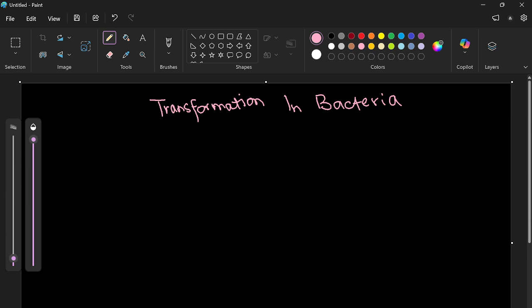Basically, transformation in bacteria is a method where genetic exchange happens in a way in which naked DNA released by a bacterium that lyses or dies enters the environment. If there's another bacterial cell, it can take up this naked DNA and integrate it into its own chromosome, its own DNA. So basically, transformation is a genetic exchange method in which